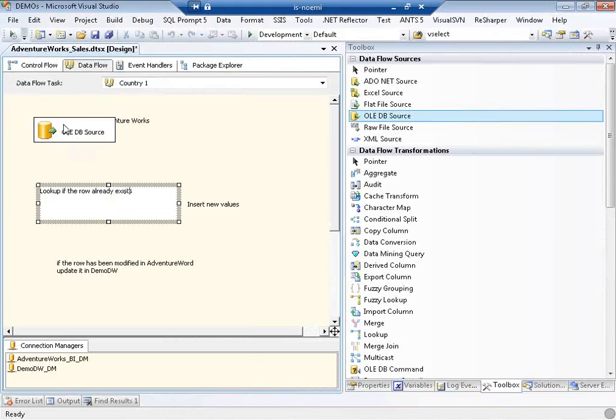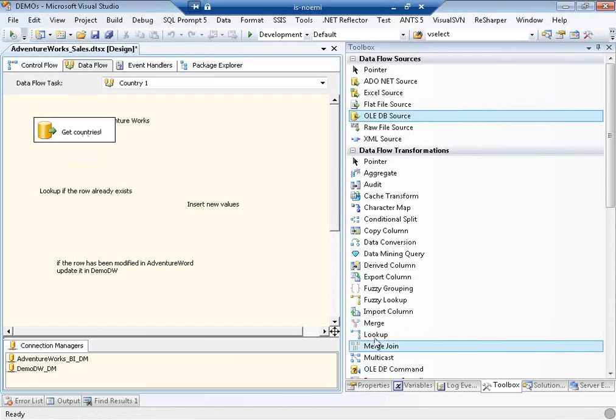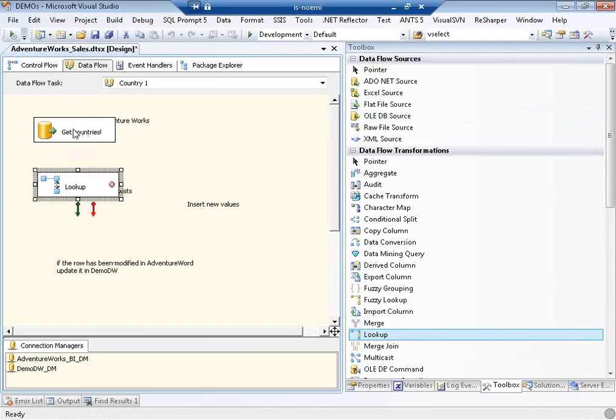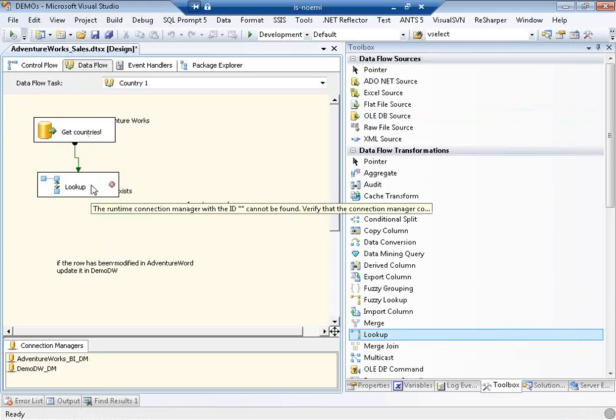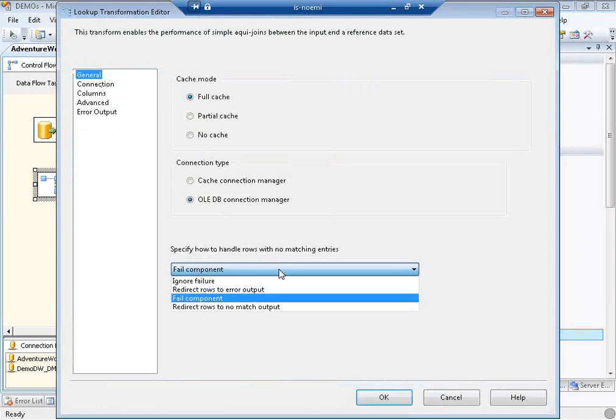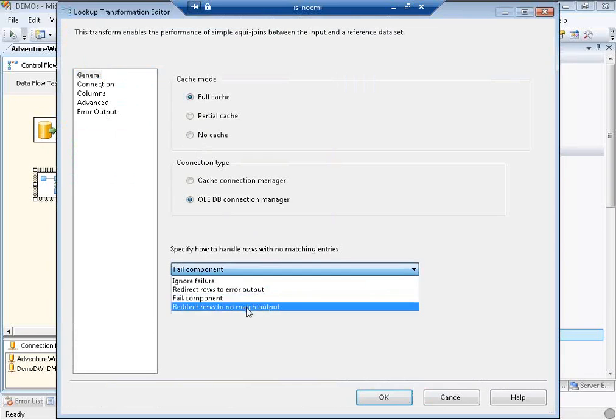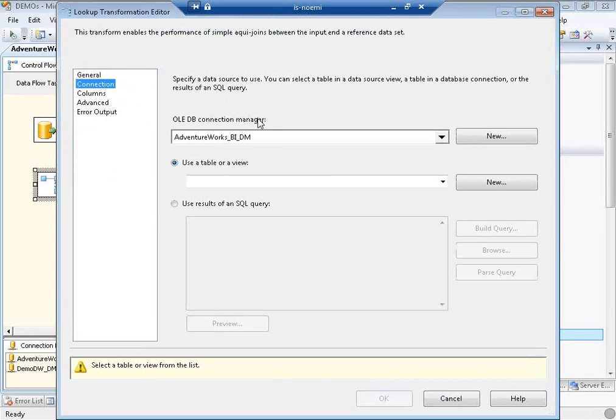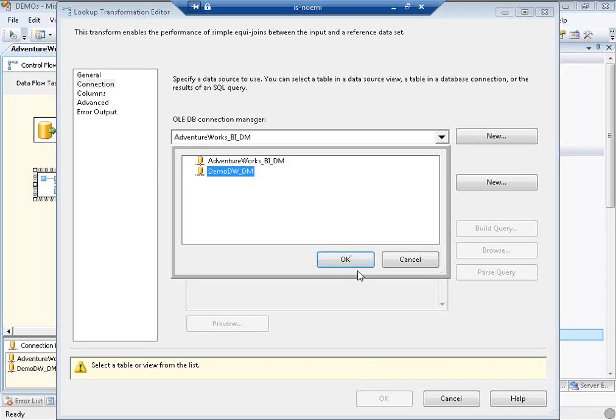So now if we continue in here, the next step, this one obviously is get countries. The next thing would be to do a lookup. So I'm going to do a lookup in the destination table. So on the source table, we'll have the country information. On the destination table, we'll have also the hash information. So we're going to do a lookup. So this one will redirect to no match output. Connections is going to be the demo database,